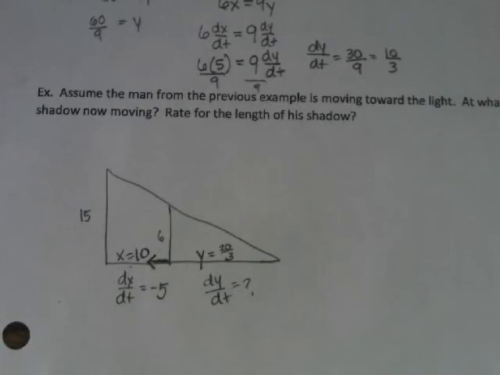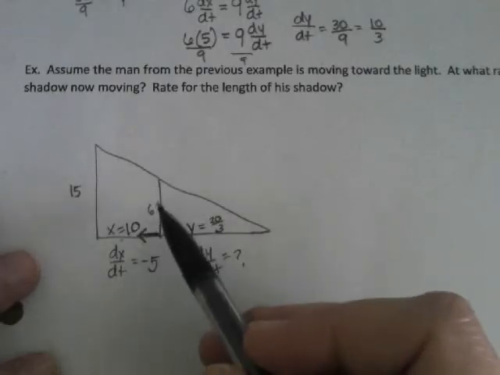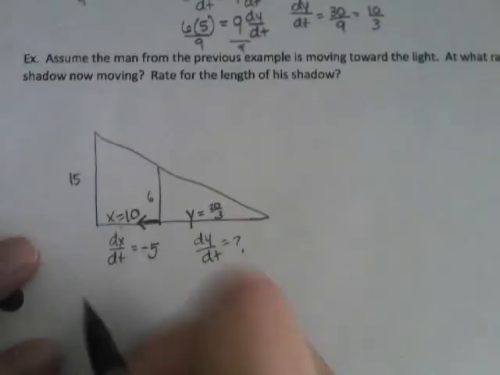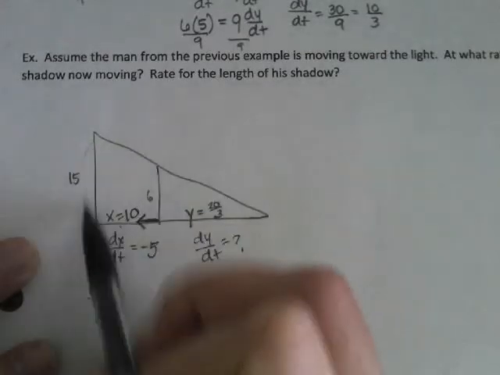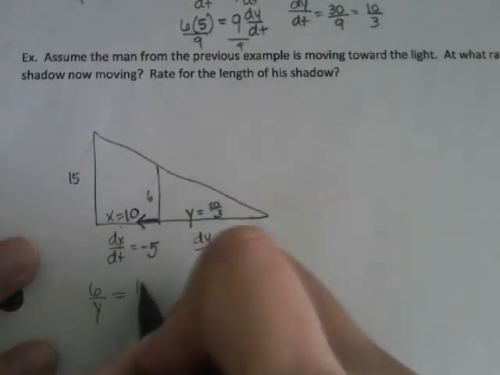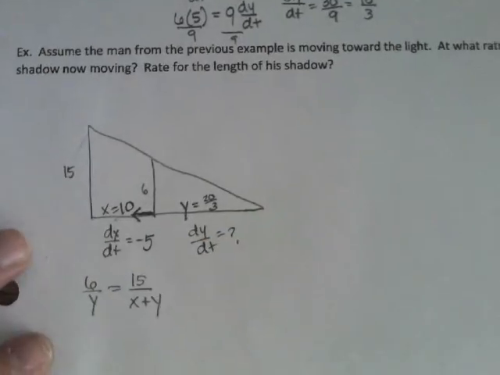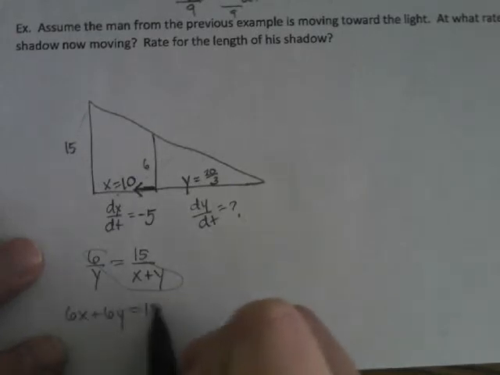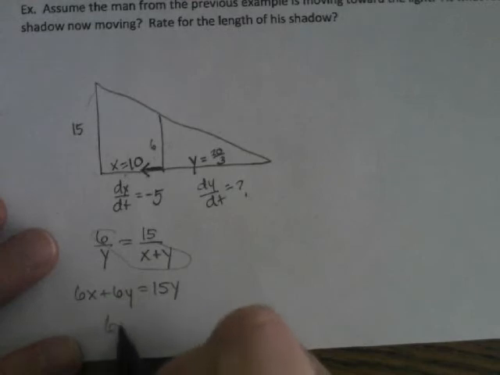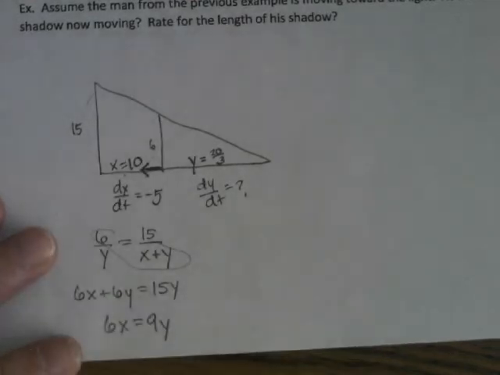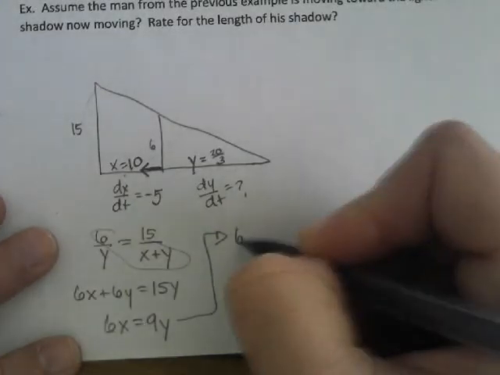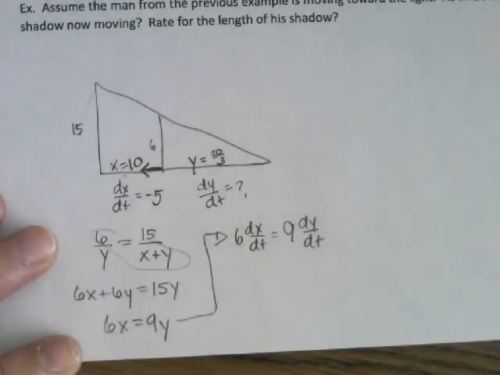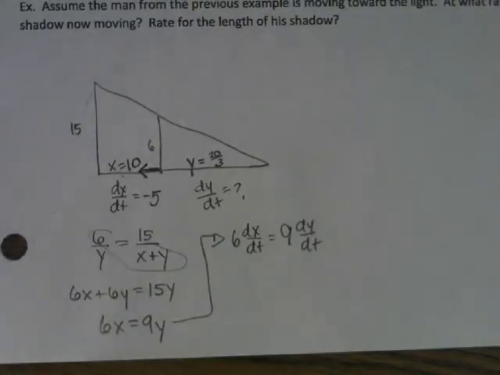similarly, when we set up our equation that we're going to differentiate, we get 6 over y equals 15 over x plus y. And then we cross multiply, so 6x plus 6y equals 15y. I'm going to get all my y's together and then differentiate. 6 dx/dt equals 9 dy/dt, which obviously is exactly the same thing so far that we did the last time. Now though, dx/dt is -5